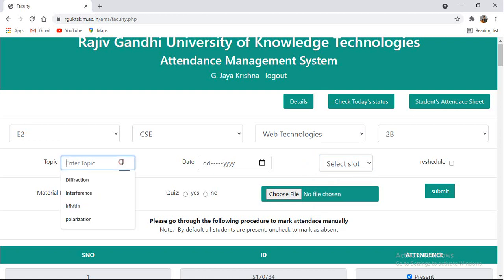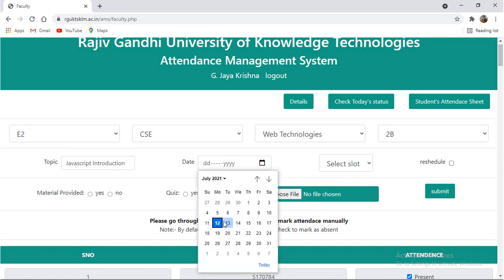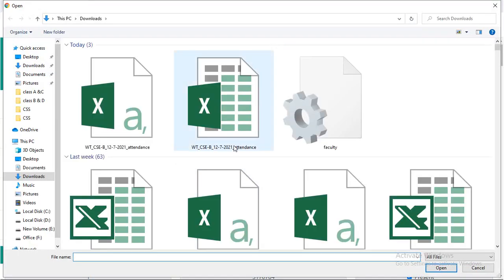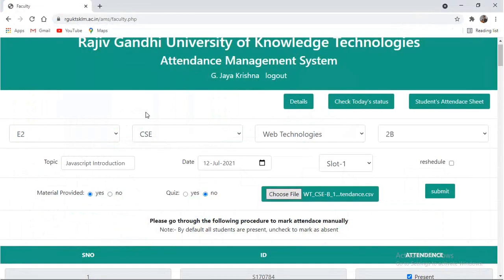Yeah, I am going to enter the topic, JavaScript introduction. Yes, and I am going to select today's date and I'm going to take the SLAT as SLAT 1. So I have taken the class on SLAT 1. So it is not rescheduled. Material provided yes, which is no, and I'm going to choose the file which we are getting through